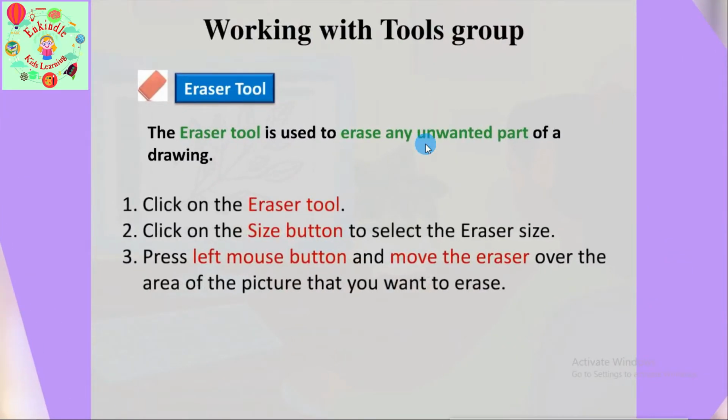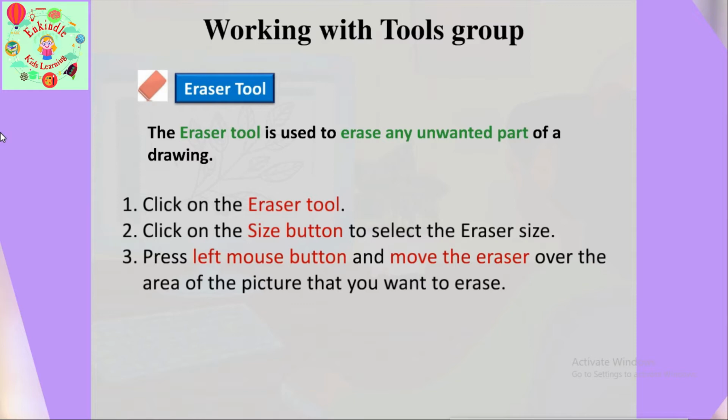Second tool is the eraser tool. Eraser tool looks like an eraser. We all have an eraser with us, right? Yes, normally when I draw, we make some mistakes here and there. So what do we do? Yes, we use the eraser to erase those mistakes. Similarly, in MS Paint, when you draw and make some silly mistakes, you take the eraser and erase